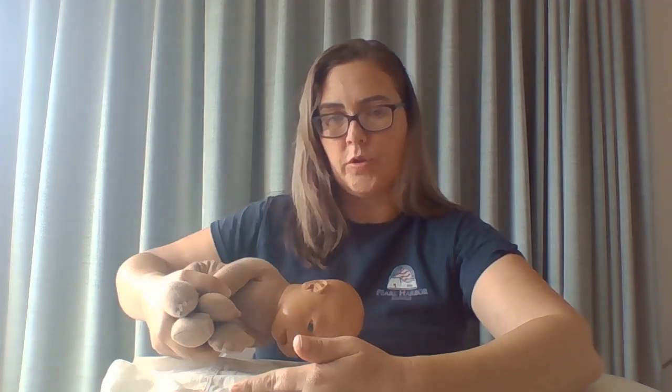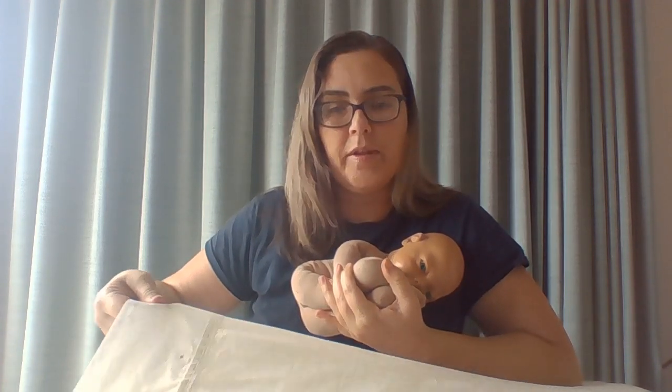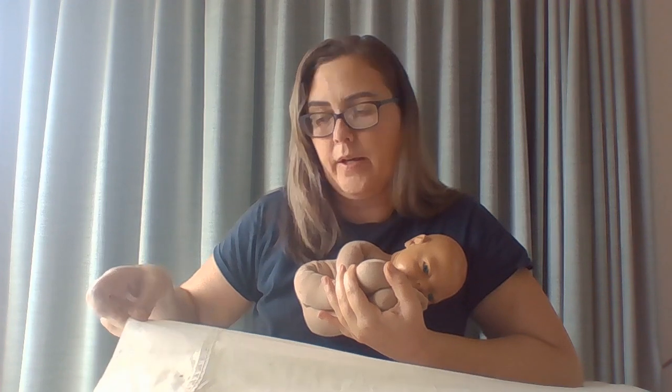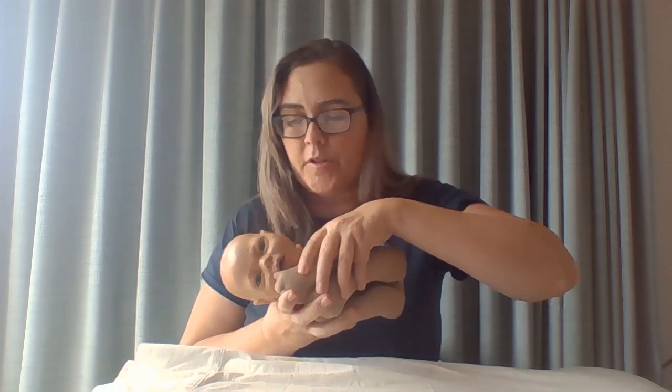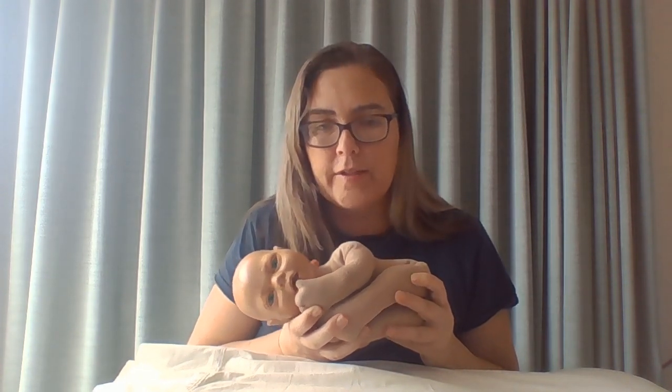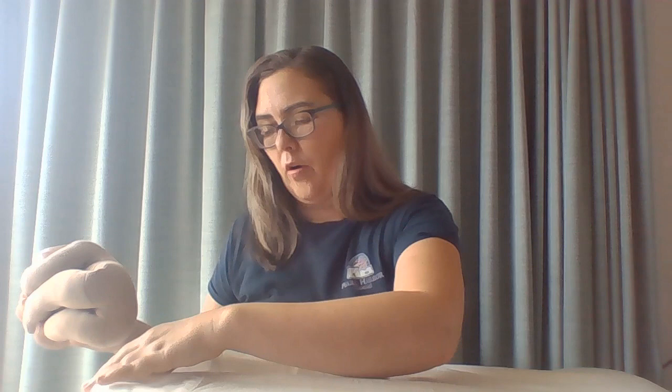So if I want to do a LOA, if this is the woman's left, then I'm going to insert the baby onto the right. And the other thing to remember is the area where I'm slipping the baby in, I'm going to use that as being the foot end of my woman, and the top area of the pillow is going to be the head end of the woman. So when I put the baby in here, I'm going to put the baby in bottom first so that I've got the head towards the feet of the woman, and that will be like having the head at the pelvis. So I'm going to pop this in on my right side